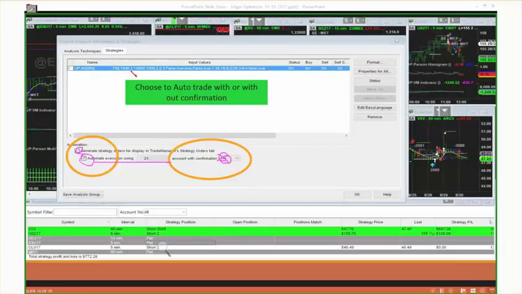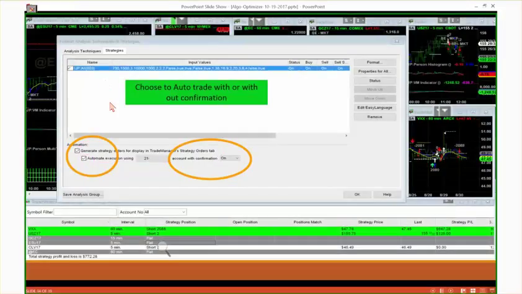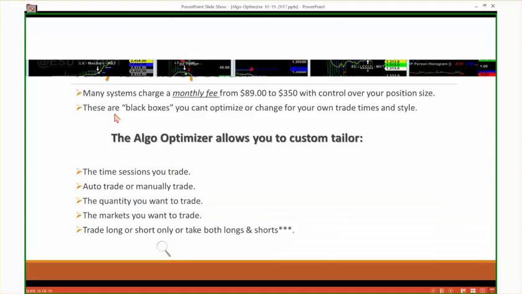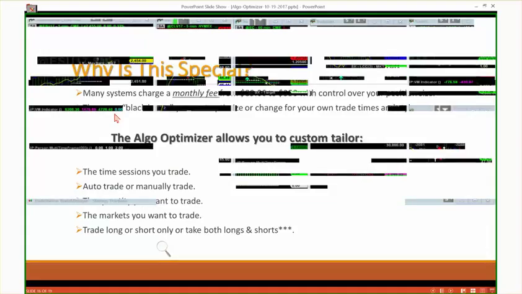That's one of the things that I think is pretty neat about allowing you to see your strategy positions moving forward. So I know there are a lot of people who have said, hey, if I just wanted to rent this, can I just get your signals? And the answer is no, because this is a special product for people to set their own trades, whether you're a 5-minute, a 1-minute, a daily, or a weekly chart trader, whatever your time frame. This is for you to set your own trade system up.